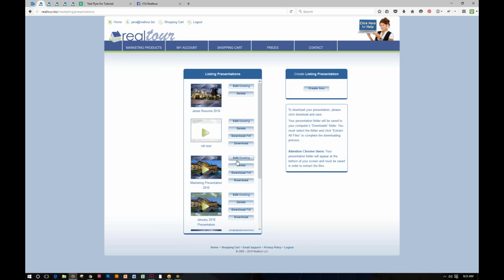Once that's done, you'll notice down here on other ones I've made, I have a download PDF button and also a download button. So after I've paid for it, about 15 minutes, these buttons will appear because it's generating it. I can download a PDF, and we've made these 8.5 by 11 so that people can print them on regular 8.5 by 11, and then you could bind it and make a little booklet, which you can send to people if you want, or you can download the code,